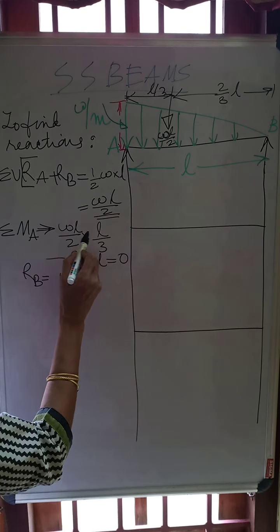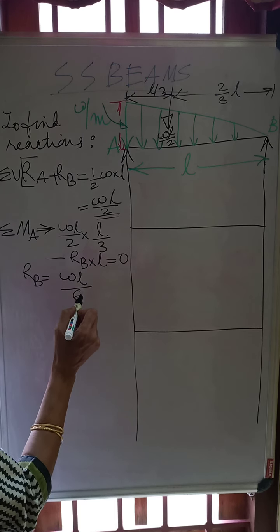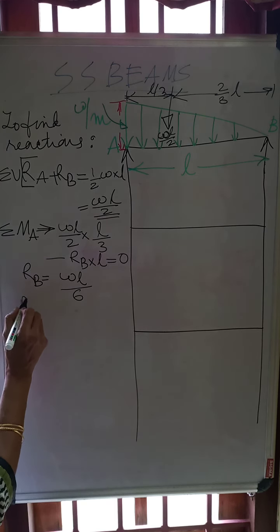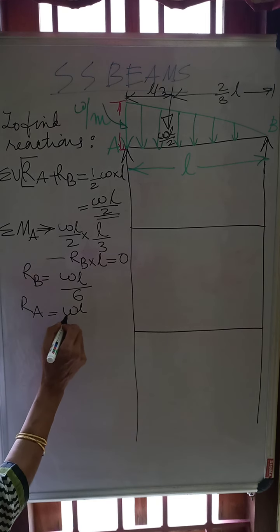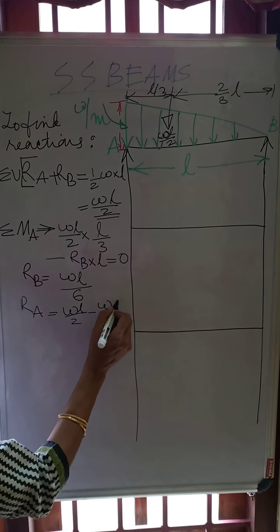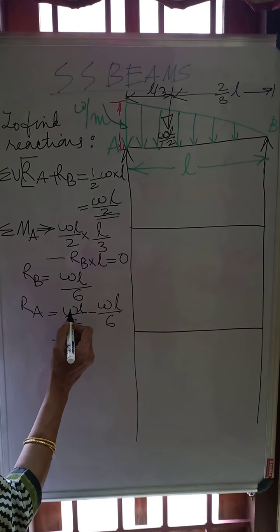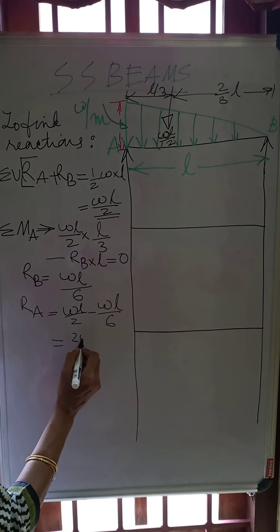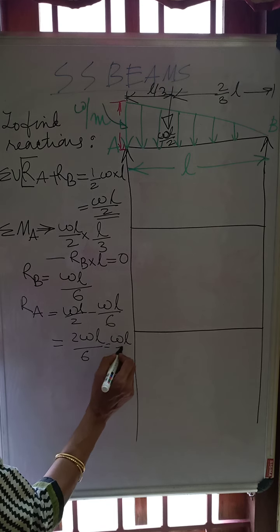Which is WL squared by 6 by L. So it becomes WL by 6. So you will automatically get RA is equal to, total load WL by 2 minus WL by 6. Taking the LCM, you will have 6. This is 3 WL minus WL, it is 2 WL divided by 6,